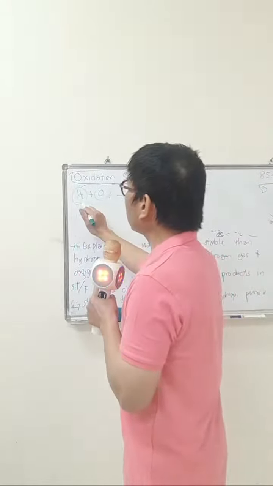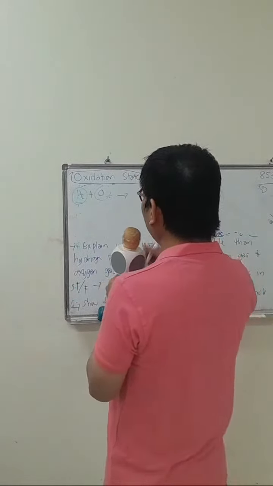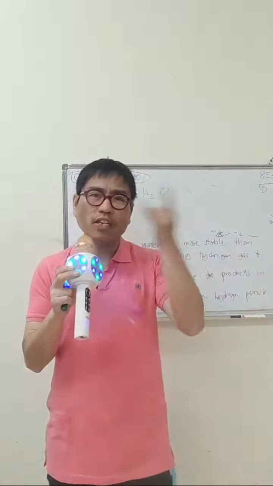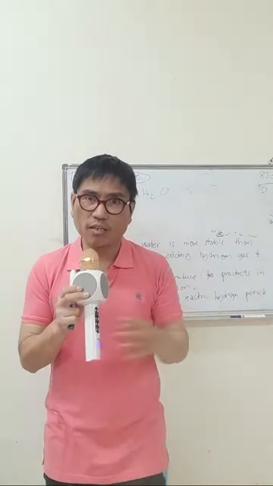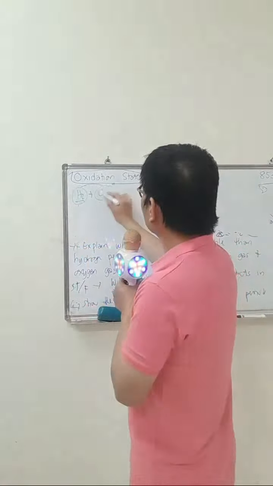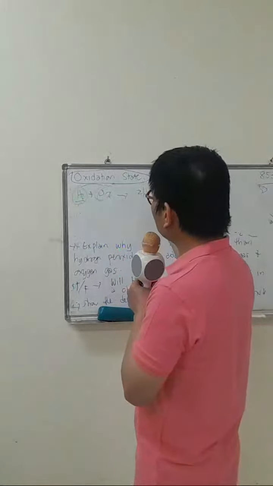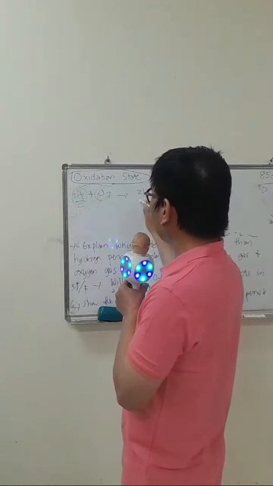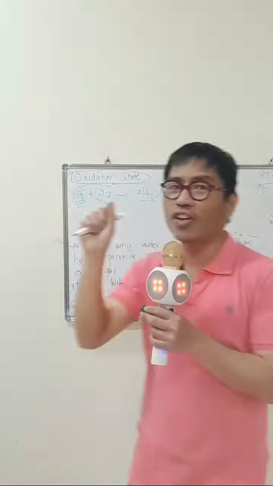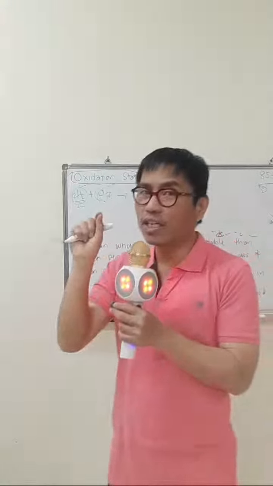So H2 gas, hydrogen gas, plus oxygen gas is equal to water. Balance it. There are two ways, visual and algebraic expression in math. So hydrogen 2, oxygen 2. There's no oxygen 2 in the product, so we have to put 2 here. So 4 hydrogen, put 2 here. So 4 hydrogen, oxygen 2, oxygen 2. Balanced. So 2 moles of hydrogen gas, let's do it in this way, plus 1 mole of oxygen gas